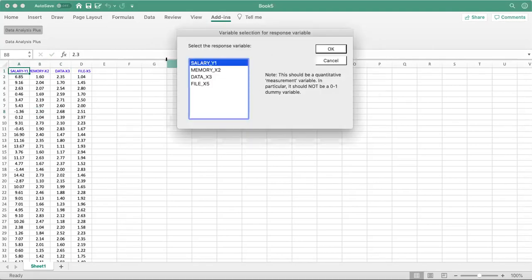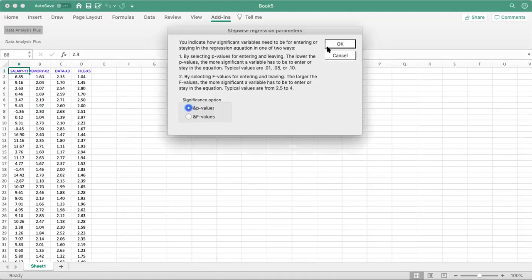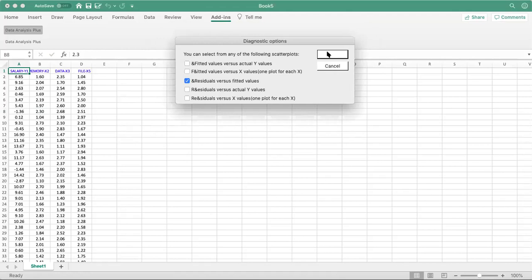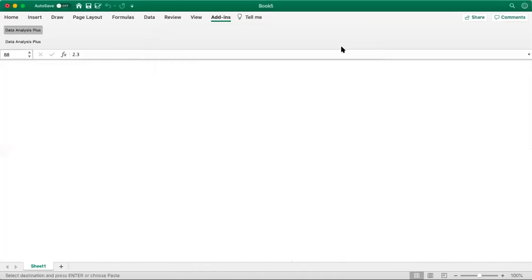Then it shows like that, select Y1 for response variable, and the left those three, then continue, okay, worksheet, and it